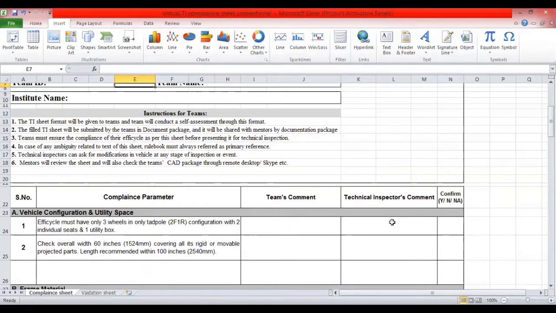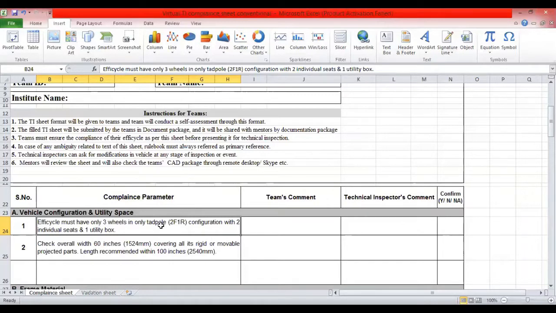Then this first compliance parameter, or first checkpoint, will be okay, and it can be marked yes. What is more important here is how we will check it. For your first attempt in the virtual TI, you have to first submit a step file of your final design to your technical inspector, so that before starting the virtual TI, he will go through your design, the step file you have submitted.